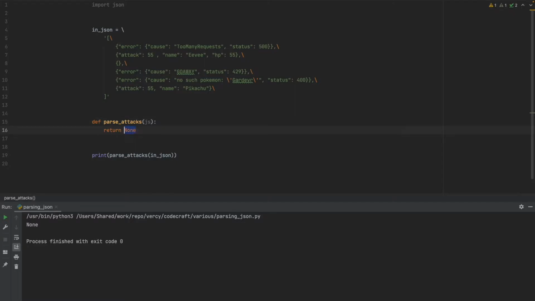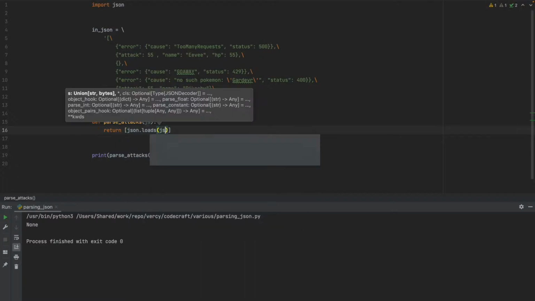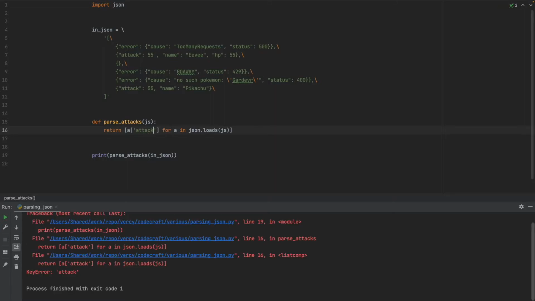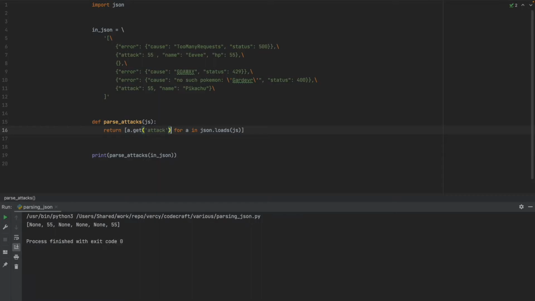and if everything was as we expected, we could simply do a list comprehension, and that would look like json.loads JS, and for each A in this loaded object, we just need to get the attack field. If everything was fine, this would work, but of course there are responses here that don't have an attack key. Now, if you would like to make sure this actually does something meaningful, I can change this index operator into a get function call, and then we can see the nones and the two actual responses that had an attack